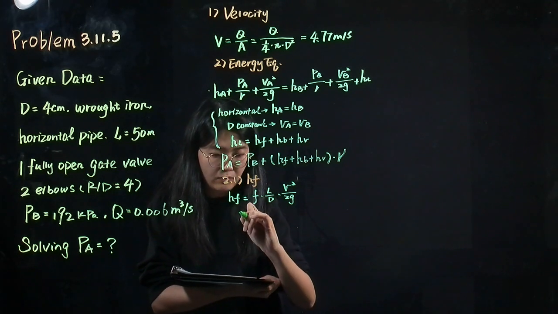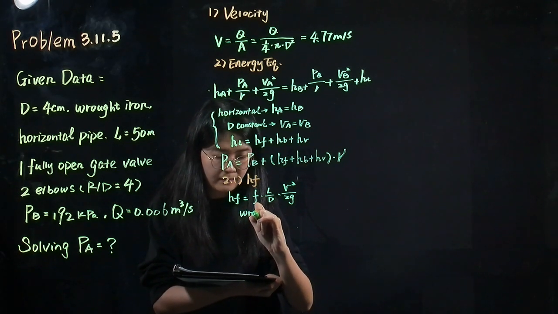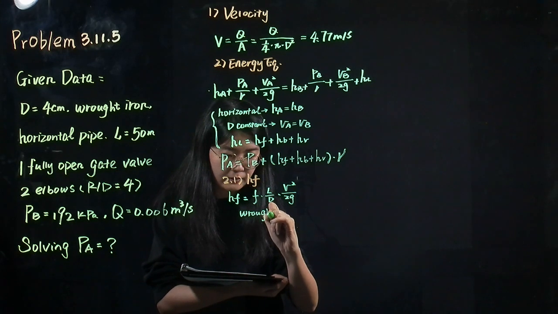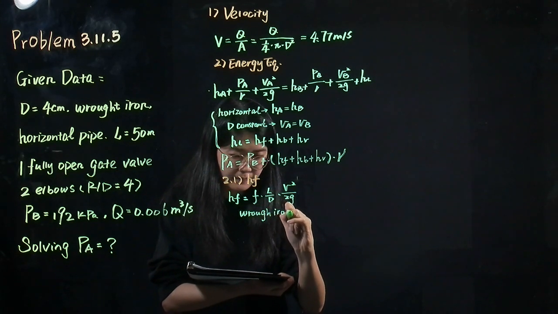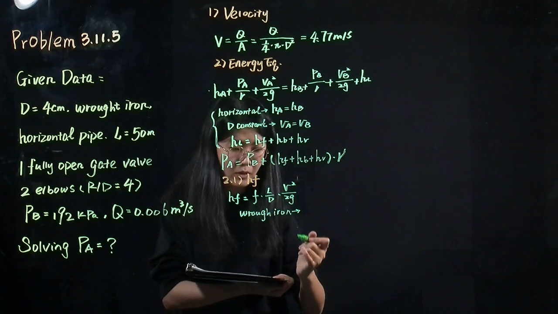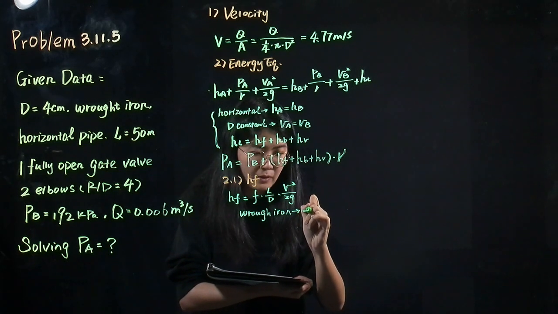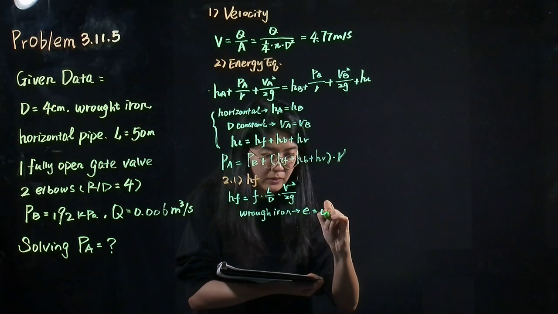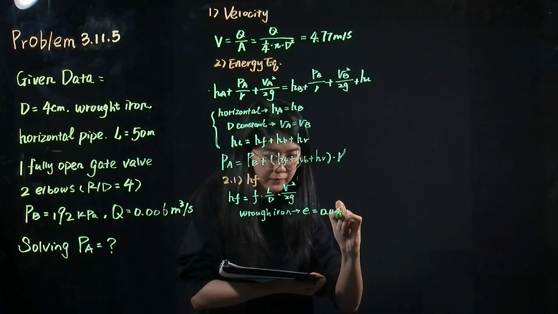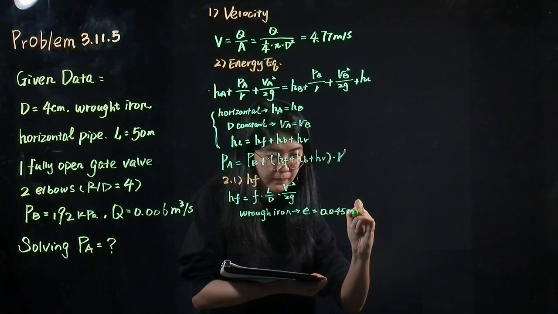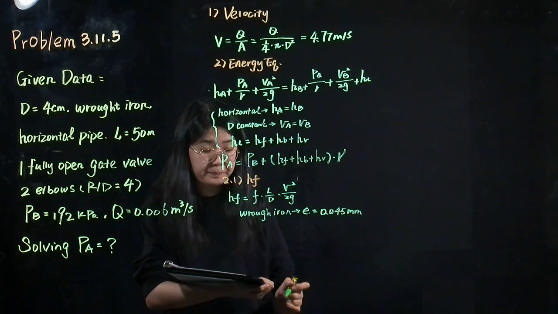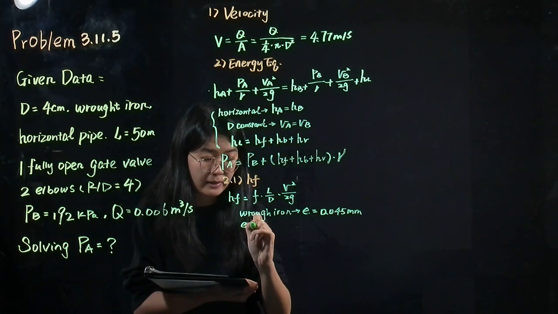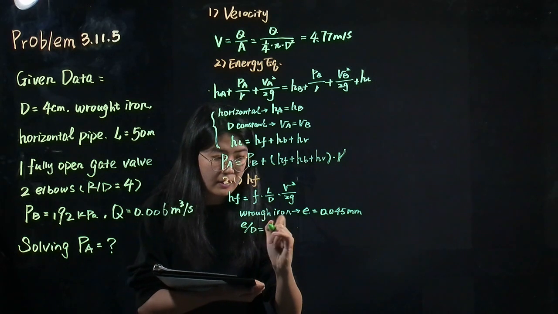Because it is rough iron, we can read the roughness in a textbook, which is equal to 0.045 millimeter. Then we can calculate the relative roughness